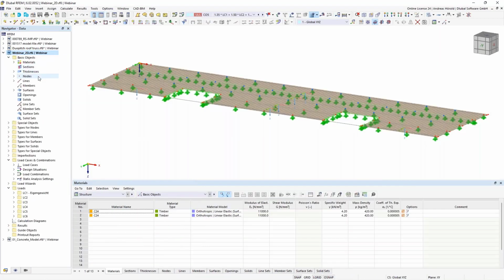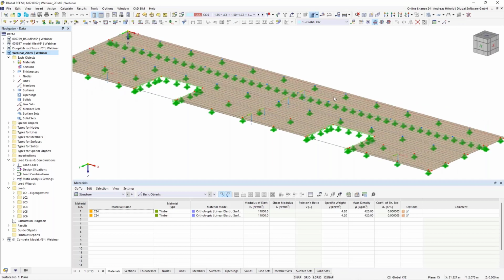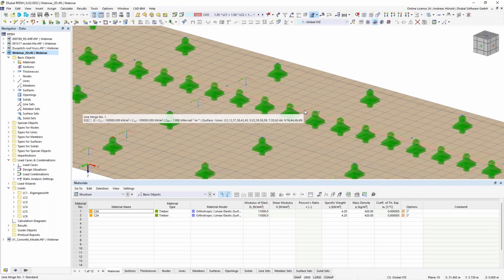Next question: is it possible to display the sum of forces on a line hinge for the dimensioning of fasteners later? Yes, that's possible. Regarding the dimensioning and choice of fasteners to be applied between the two surfaces, it's useful to know the resulting forces or moments between these surfaces. We have got a line hinge here,